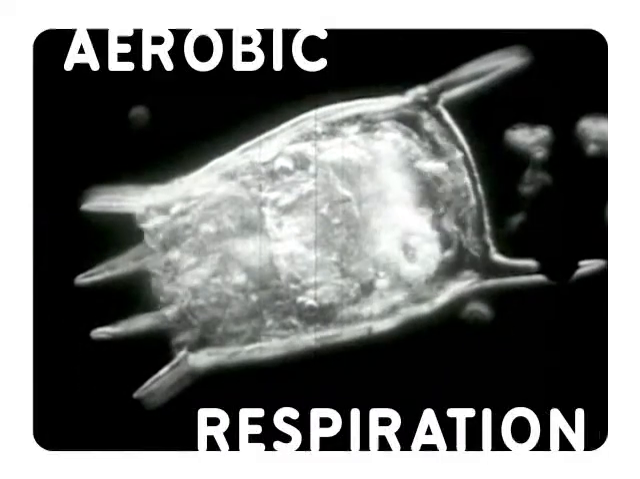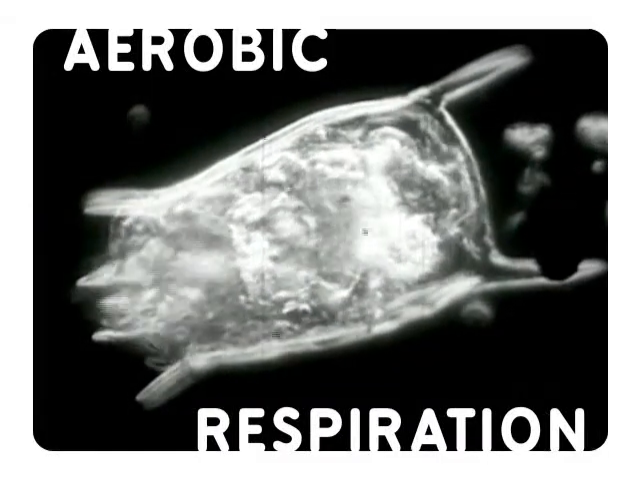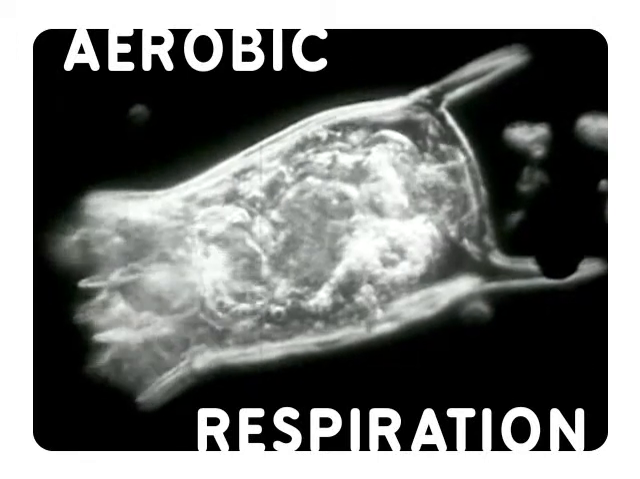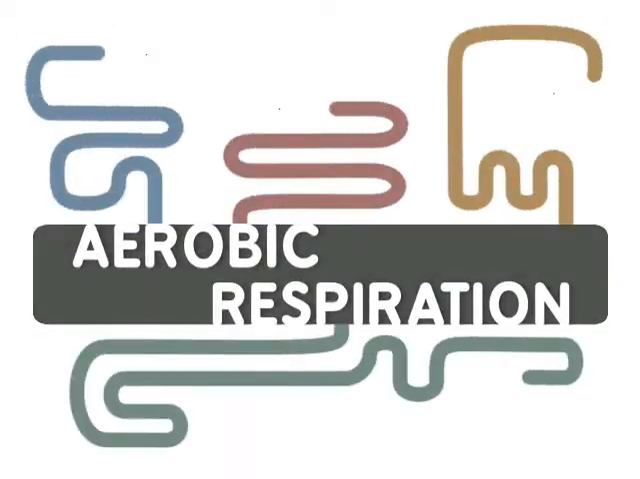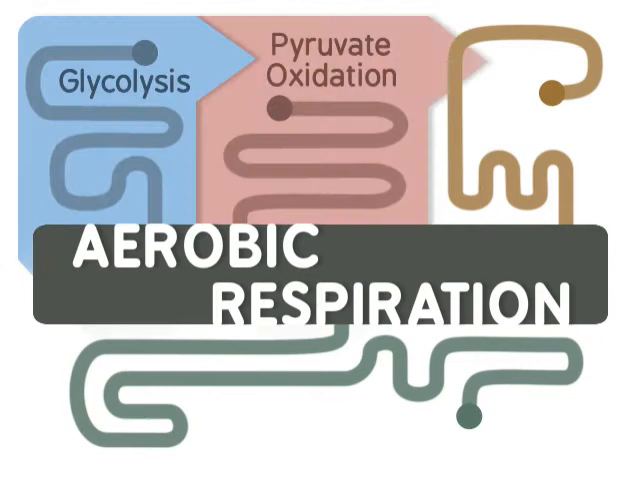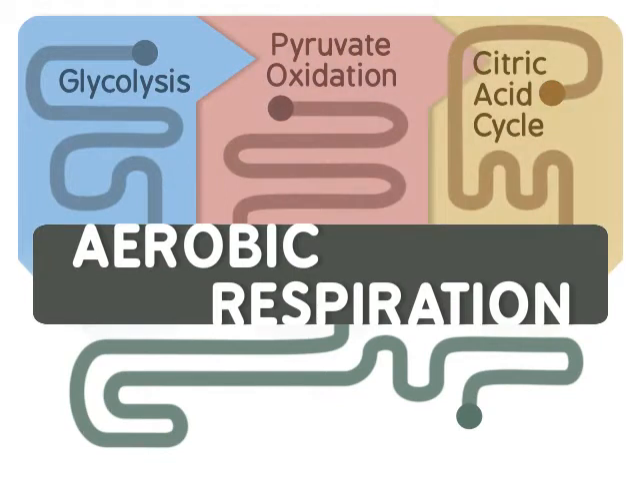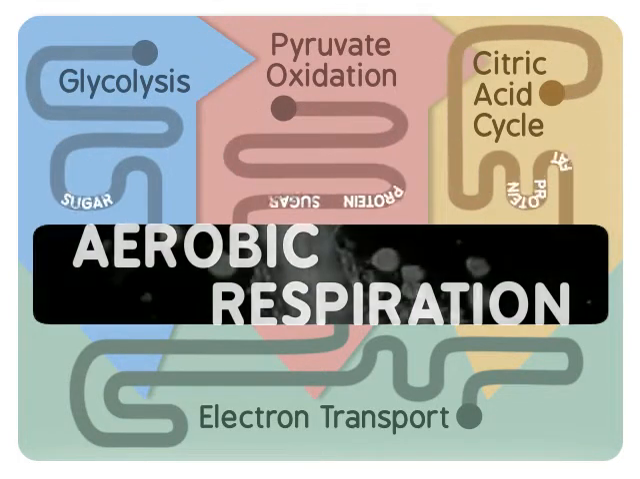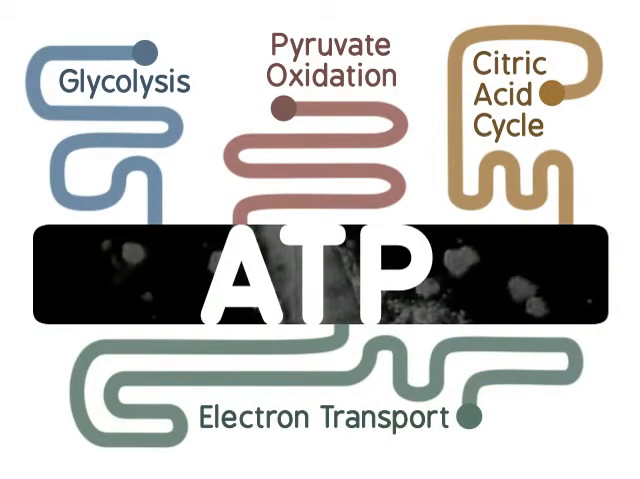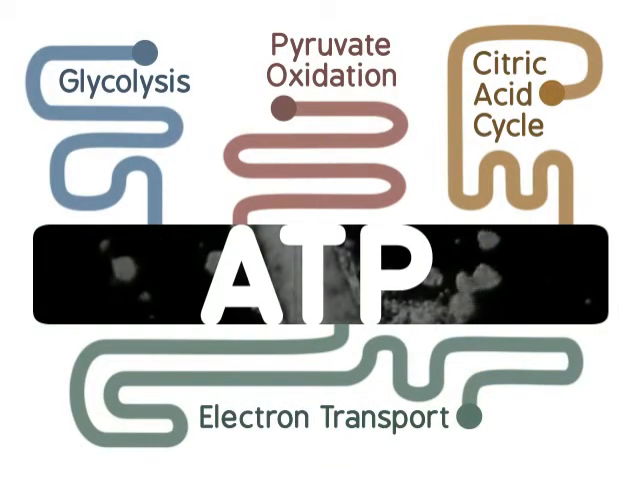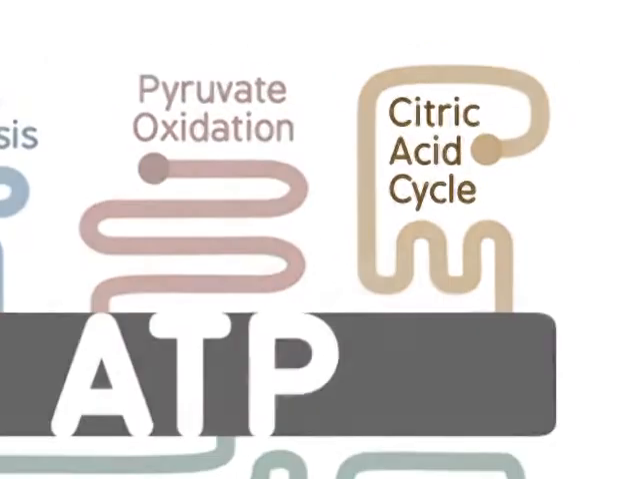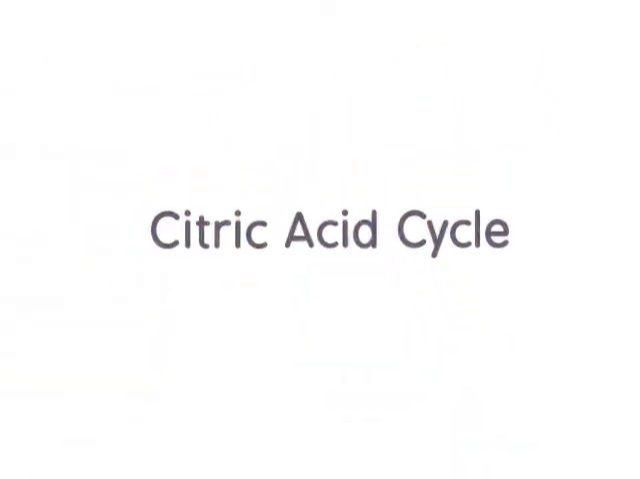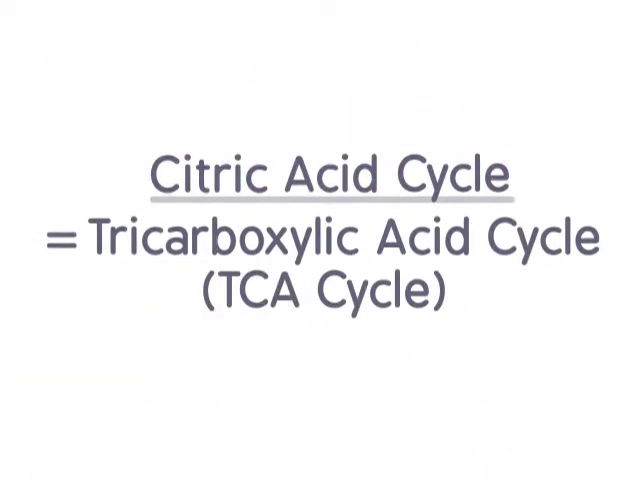Aerobic respiration is the most important process used to produce energy for a cell. It involves several pathways, including glycolysis, pyruvate oxidation, the citric acid cycle, and electron transport. Various sugars, fats, and proteins enter these pathways, and they can all be broken down to produce ATP energy for a cell. In this animation, we will focus on the citric acid cycle, also called the tricarboxylic acid, TCA cycle,